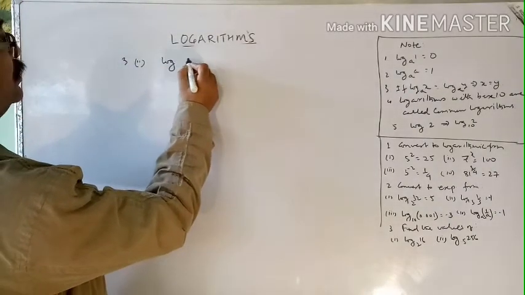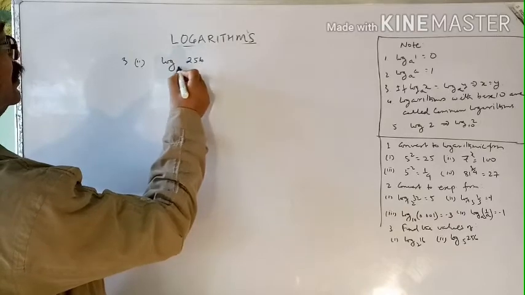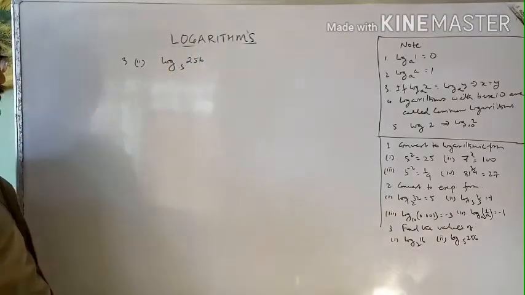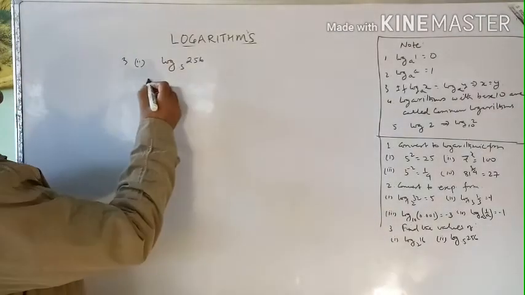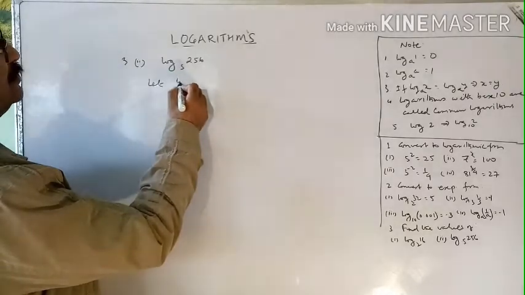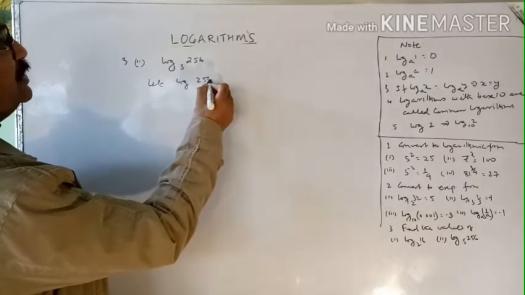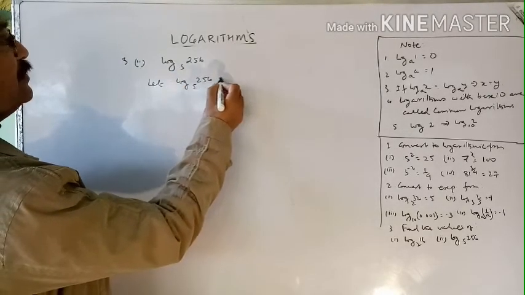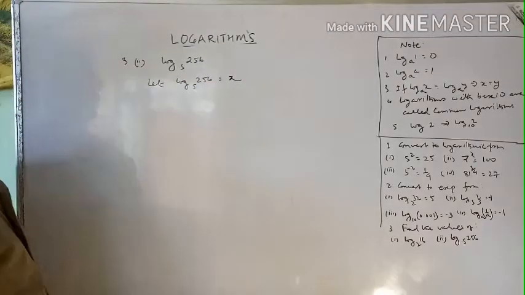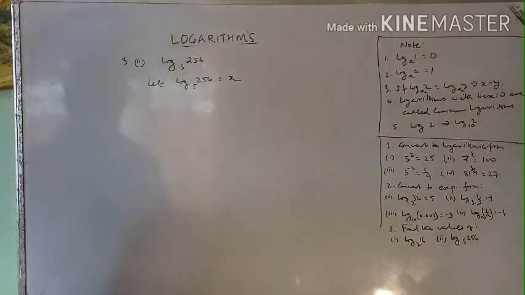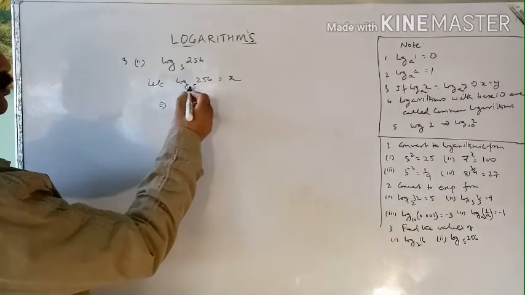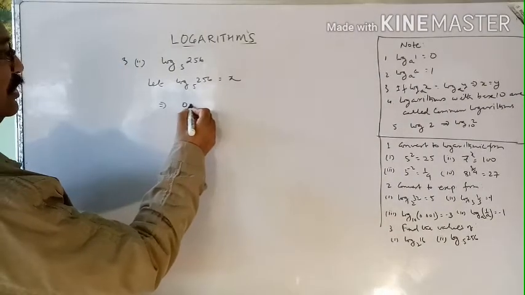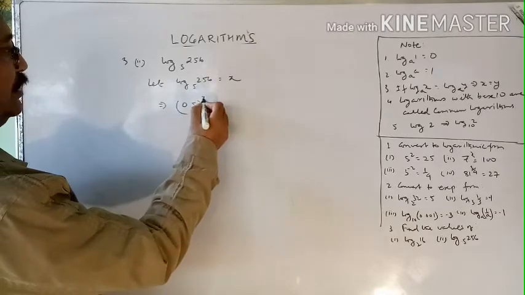Log of 256 to the base 0.5. Okay, so we have to find the value of this logarithm. So once again, let log of 256 to the base 0.5 be equal to x. Now we'll convert this into exponential form. So this implies 0.5 to the power x equal to